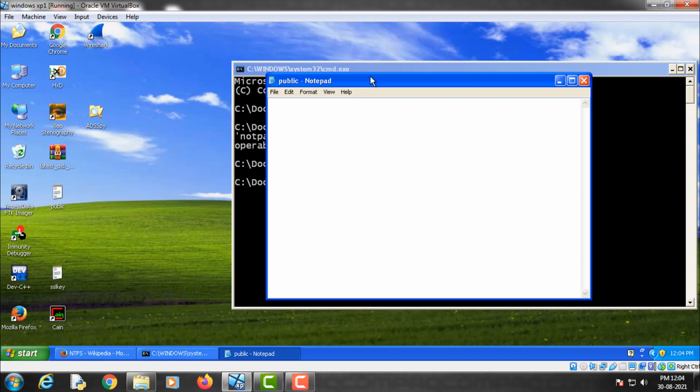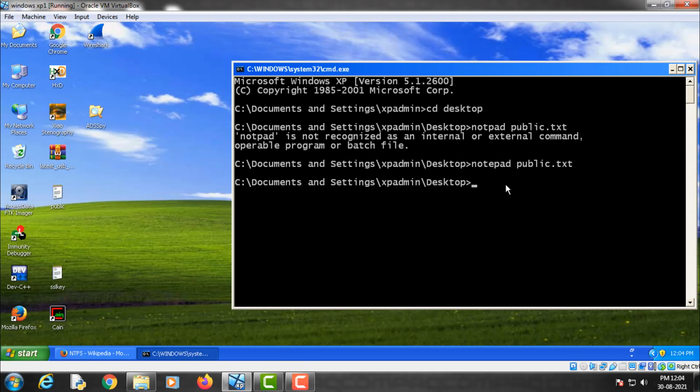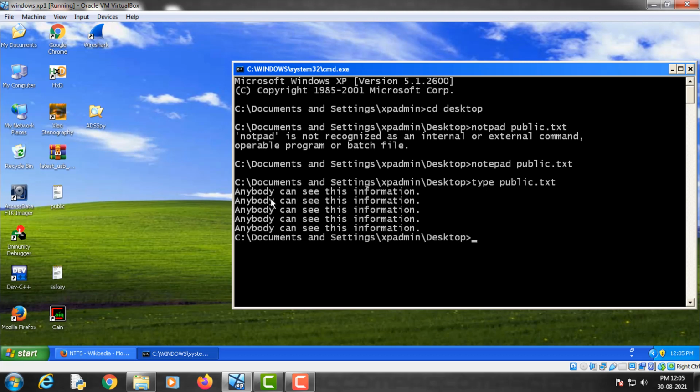So let me type: Anybody can see this information. Okay. So let me copy and paste it 4 to 5 times, and let's save and close this. Now if I want to see the content of this file, I will type public.txt and you can see the content of this file here.